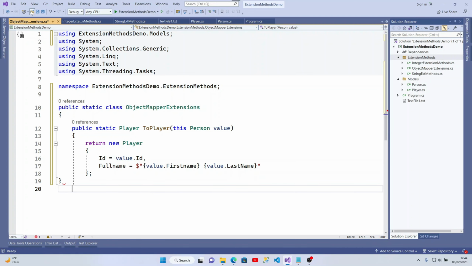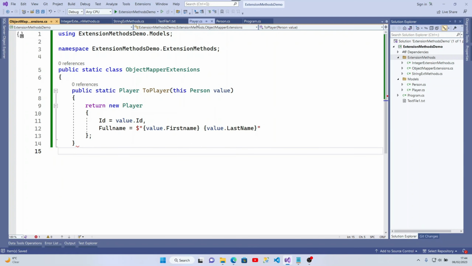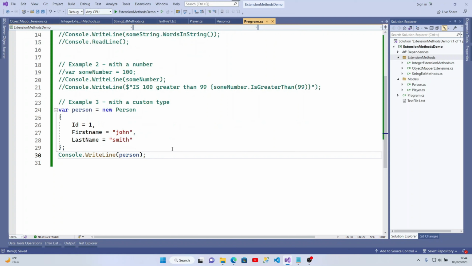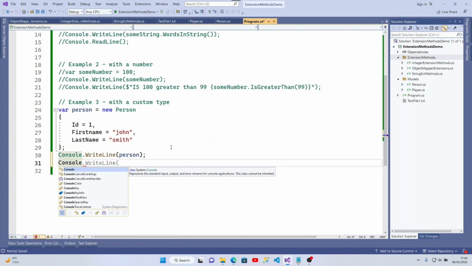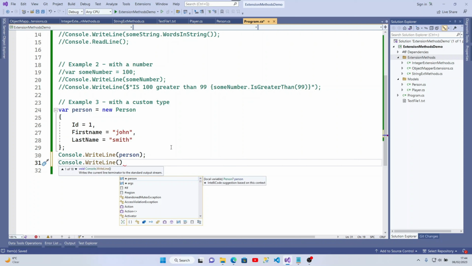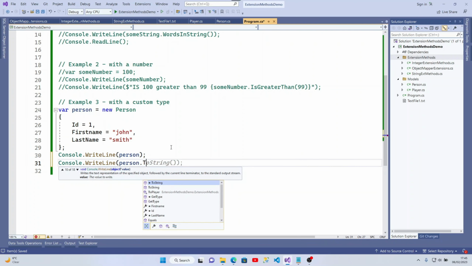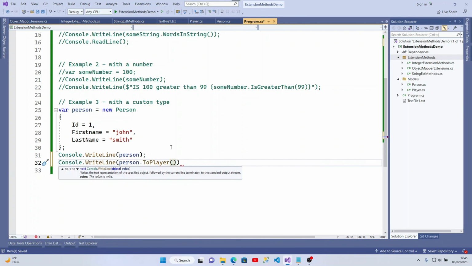So let's just go try this out. If we go back to our program and we go now Console.WriteLine, we go person.ToPlayer, and yet again on the ToPlayer we can see the little down arrow on the icon of the cube showing it's an extension method, and we can put a semicolon on the end. So if we just go and run this one up,